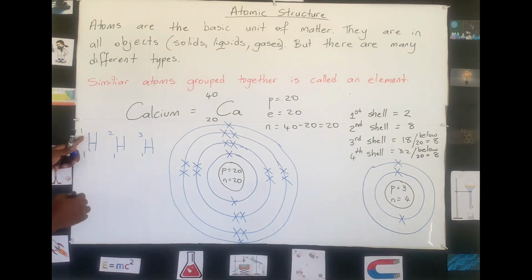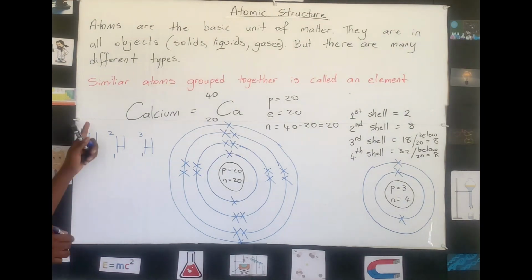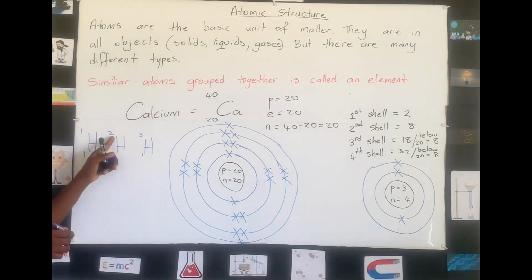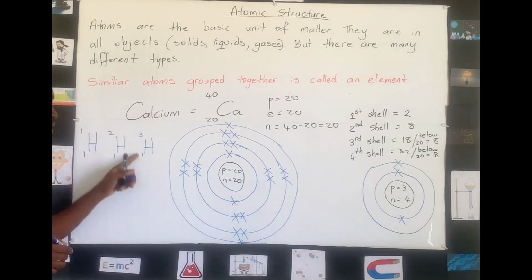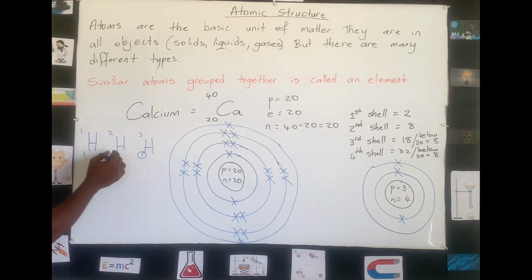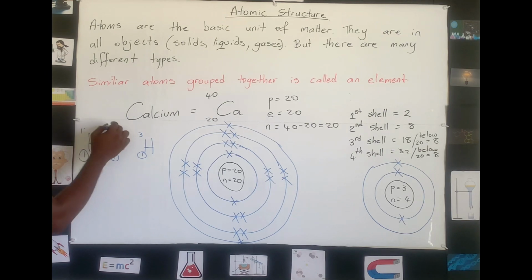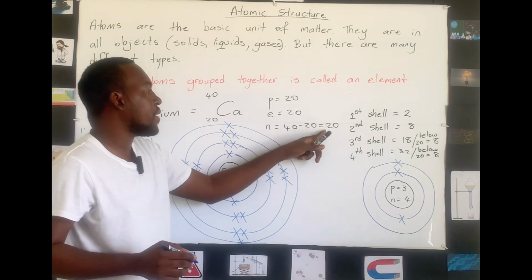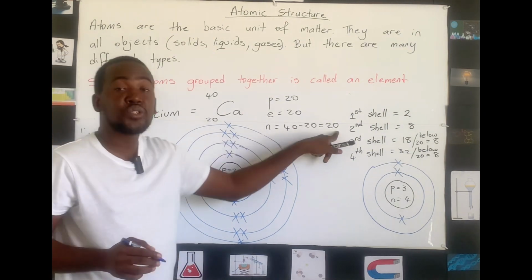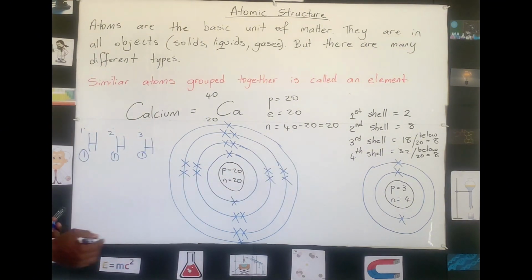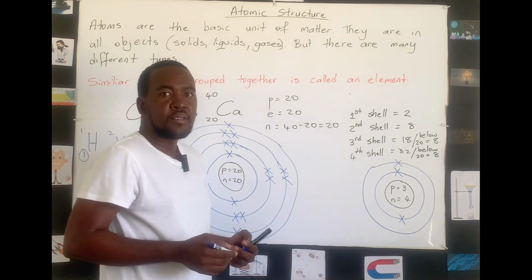So this is the one that we use primarily in the periodic table, but hydrogen also exists with mass number 2 and with mass number 3. So we notice that they have the same atomic number, but different mass numbers. And if they have different mass numbers, that means they also have a different number of neutrons inside their nucleus. So what is the purpose of isotopes? Because they have different masses,